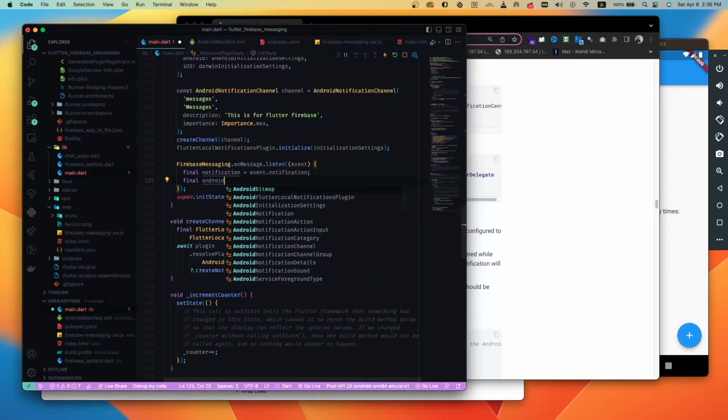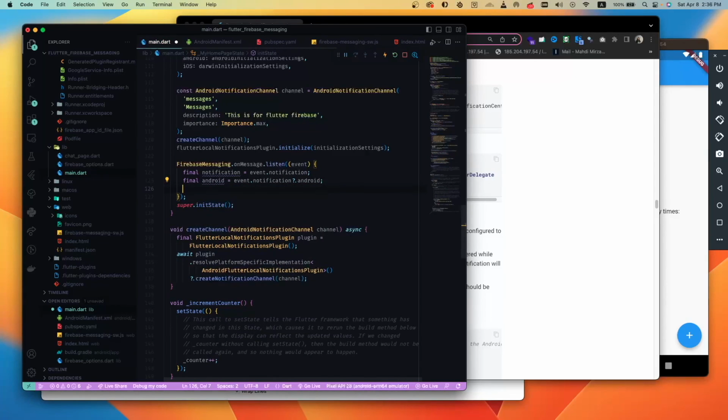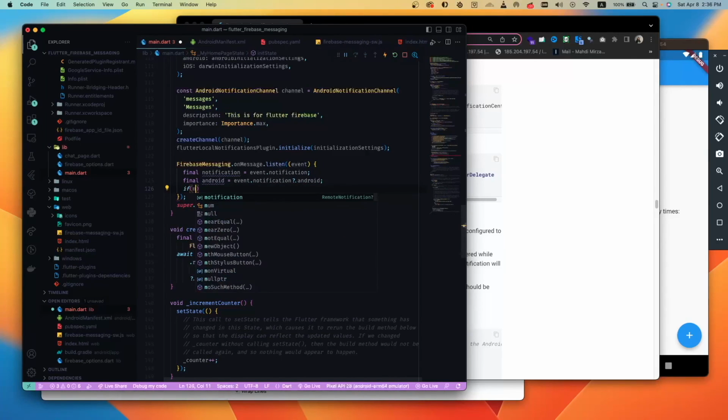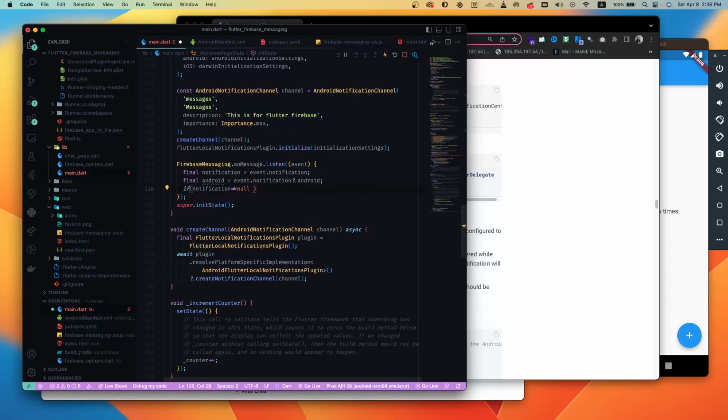It's for Android specific. Android is event dot notification dot android, and if notification is not null and android is not null,